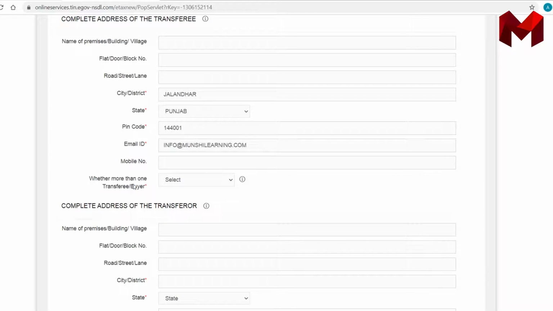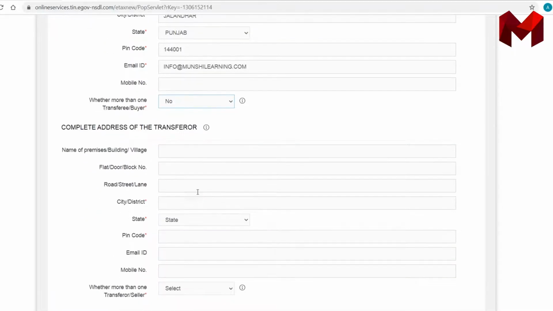Whether more than one buyer or not. If you are purchasing any property on a sharing basis, then you can just select yes, otherwise no.